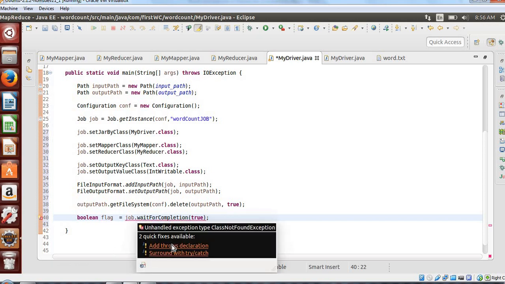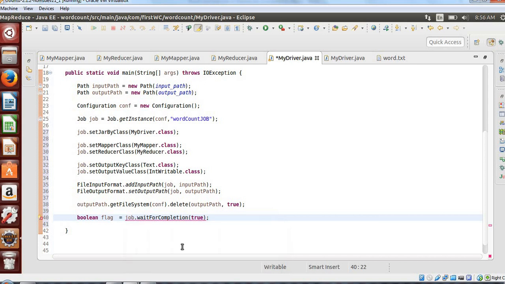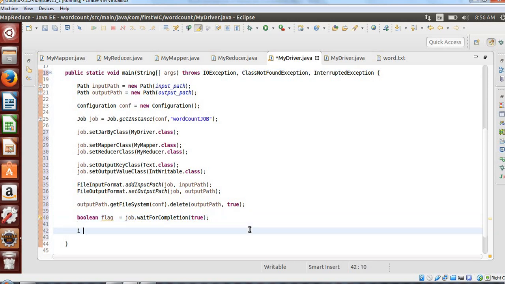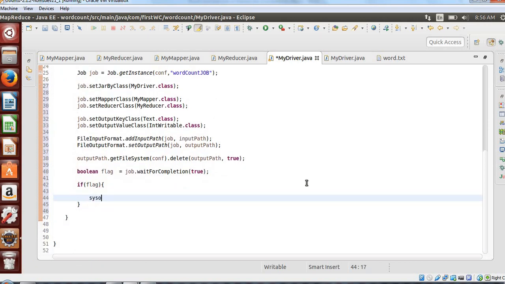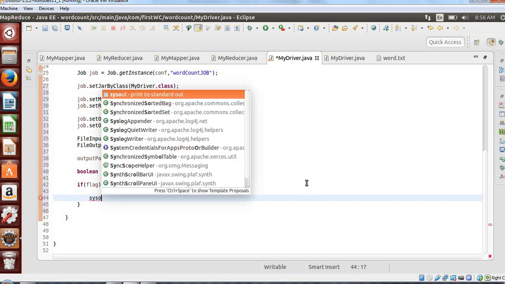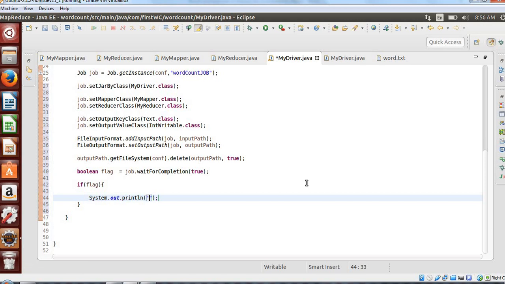Add the throws declaration. Add a console output: if the flag is true, meaning the job succeeded, then it will print job is successful.